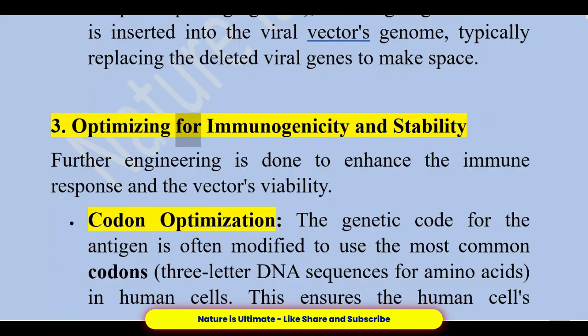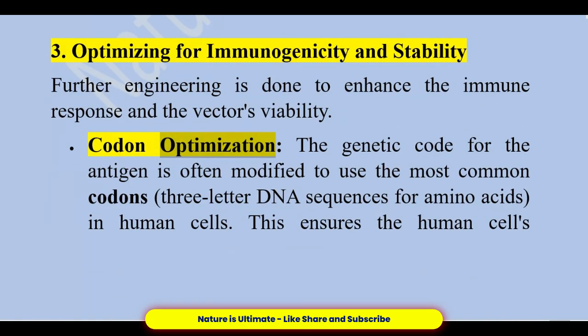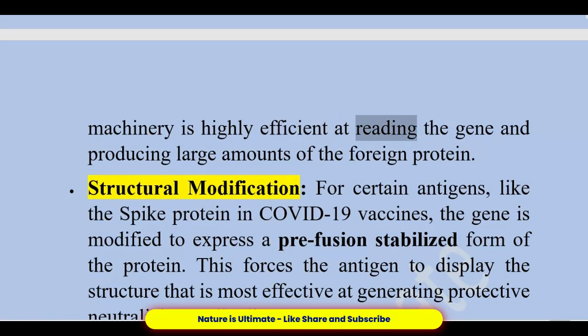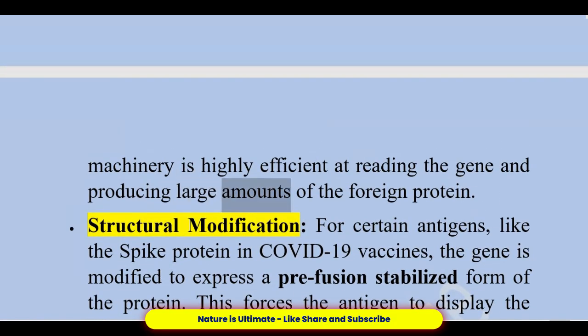3. Optimizing for immunogenicity and stability. Further engineering is done to enhance the immune response and the vector's viability. Codon optimization. The genetic code for the antigen is often modified to use the most common codons, 3-letter DNA sequences for amino acids, in human cells. This ensures the human cell's machinery is highly efficient at reading the gene and producing large amounts of the foreign